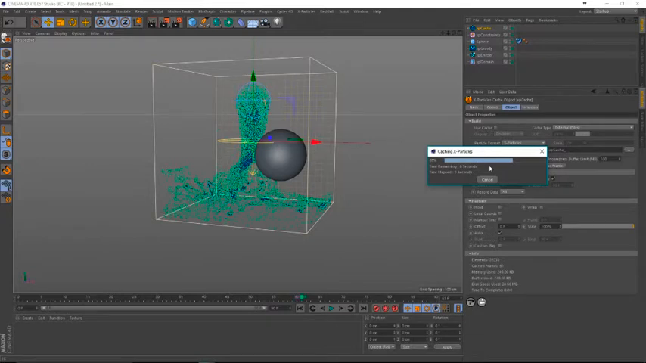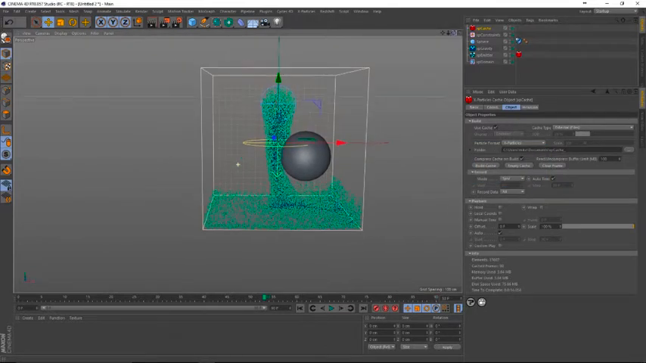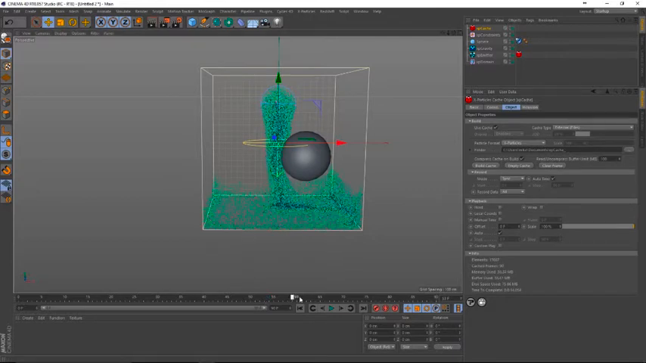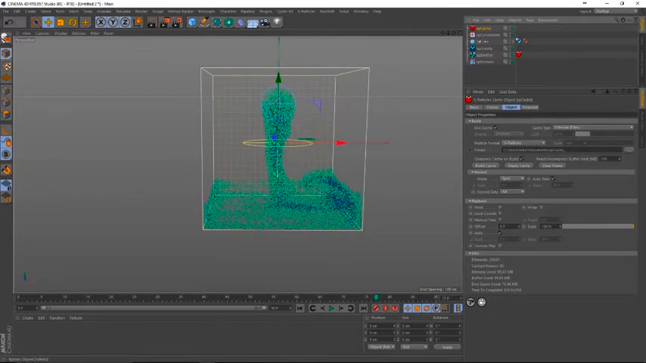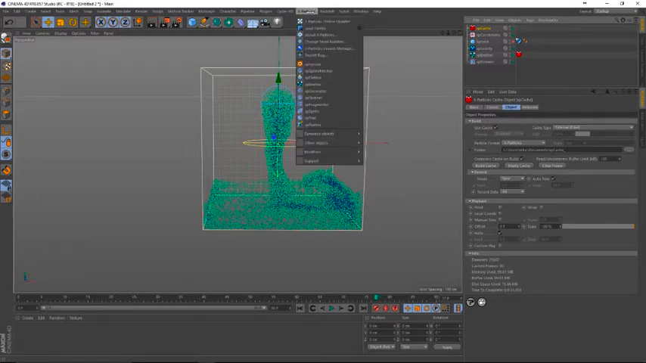Just show you the other thing that we can do with fluid simulations. So that is just pouring off that. That's absolutely fine for what we're doing. If we add an